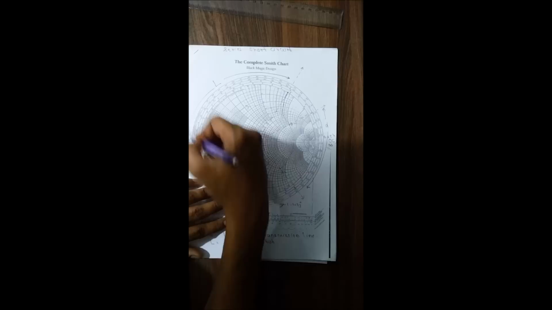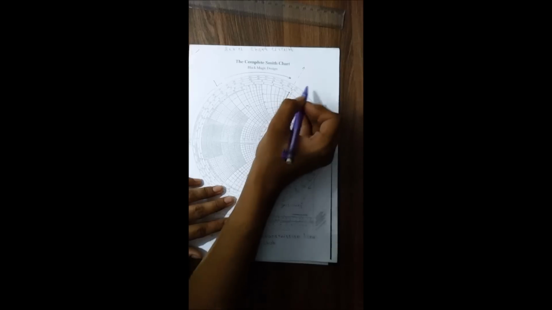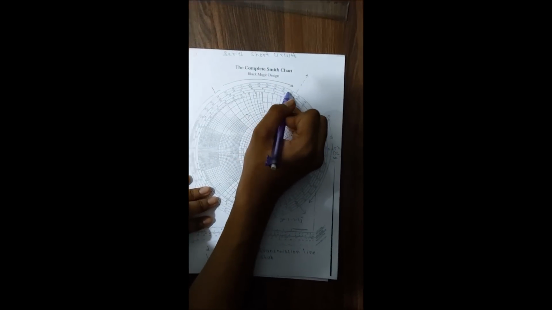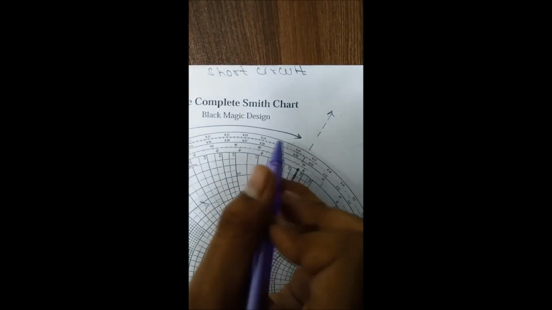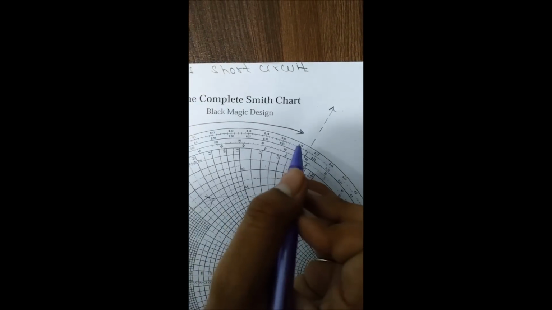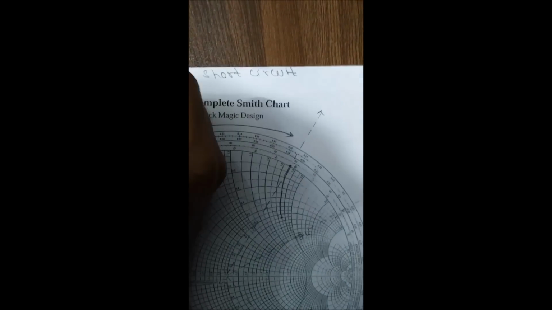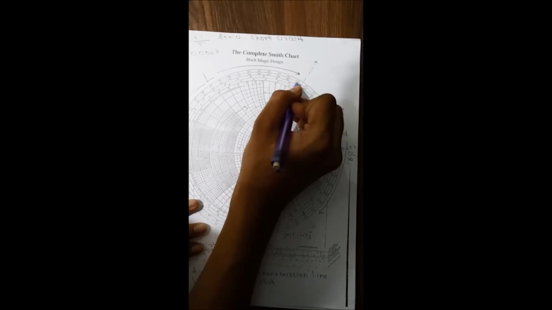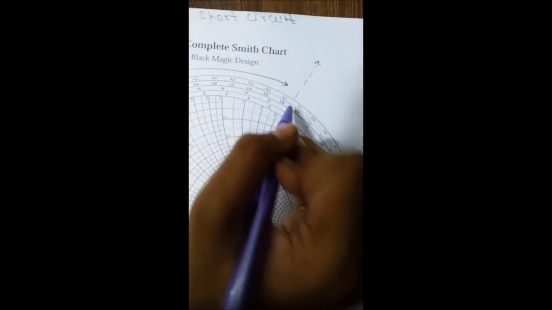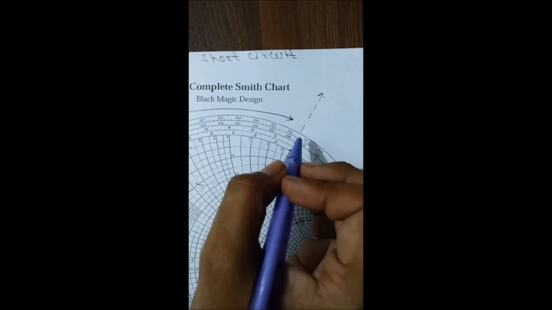Calculate D and L. Now each division over here, we consider the outer scale. Each division over here is 0.1 lambda, and it has 5 subdivisions inside. So 0.1 lambda divided by 5 will give 0.02 lambda. You can calculate it using a calculator. Then now this is 0. We need to calculate this point. It is 0.16 and approximately 2 divisions.